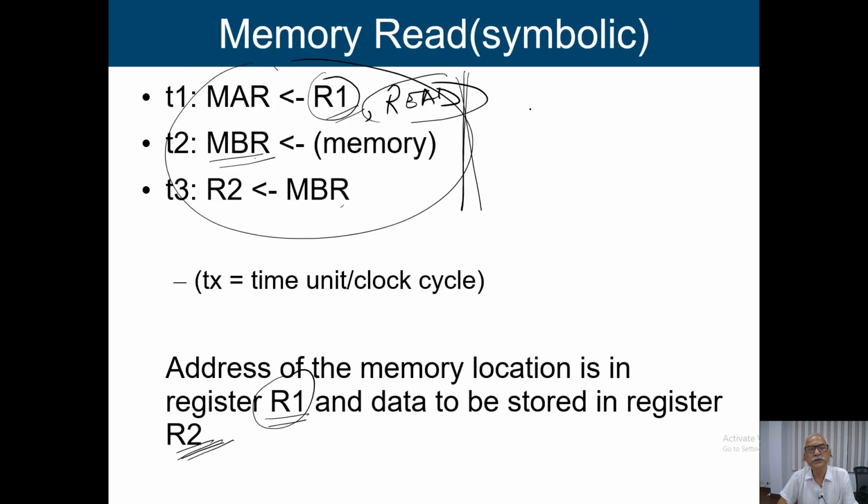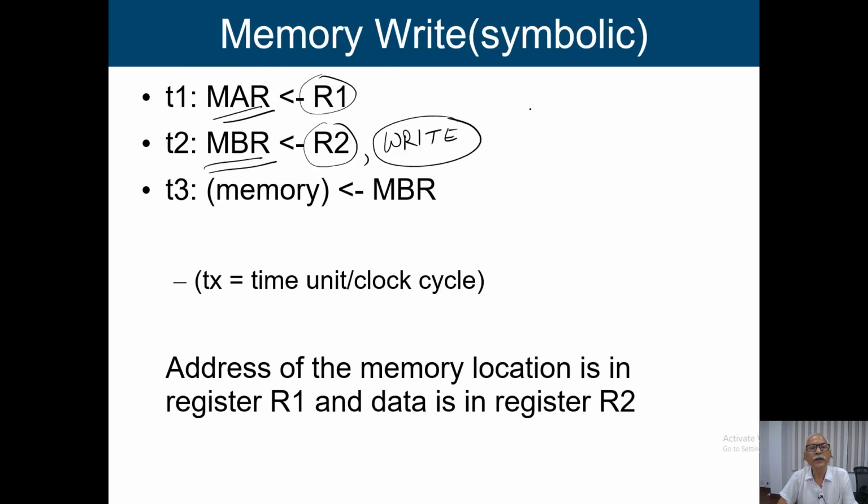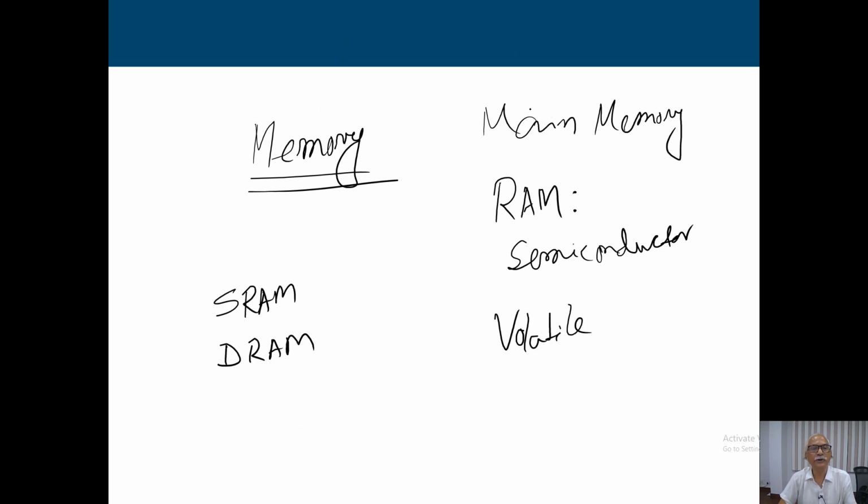Okay, with this I will conclude here today. From next class onward, we are going to see some other issues, that how we can enhance the performance of a machine, because already I said that the memory is a slower device. So when we are going to read or write something from the memory, what will happen? The processor is going to wait, basically it cannot do anything. So how to overcome such types of difficulties, or how to bridge the gap, we will see some methodologies or some techniques to improve the performance of our computer.